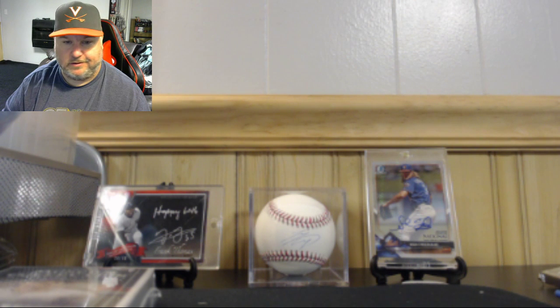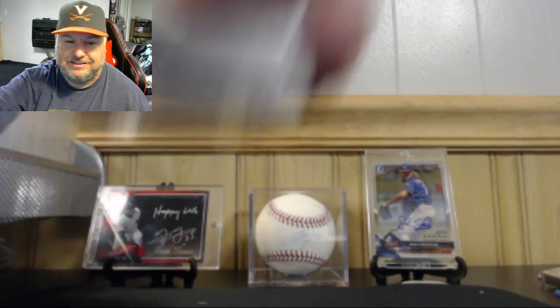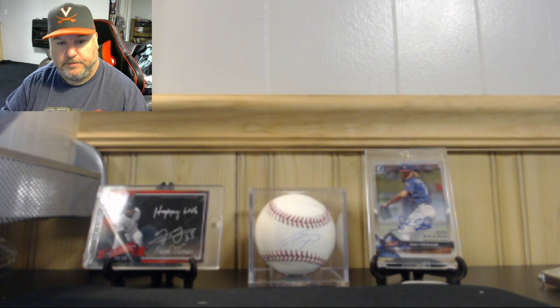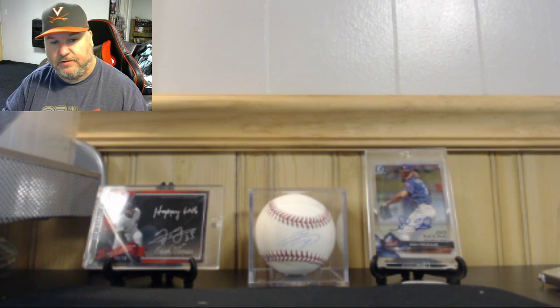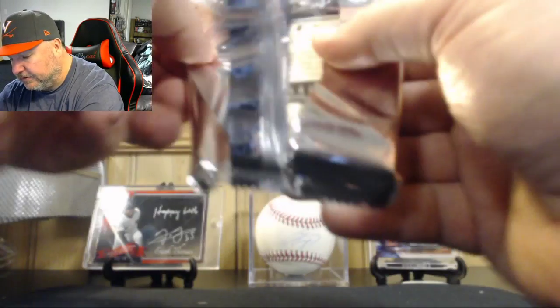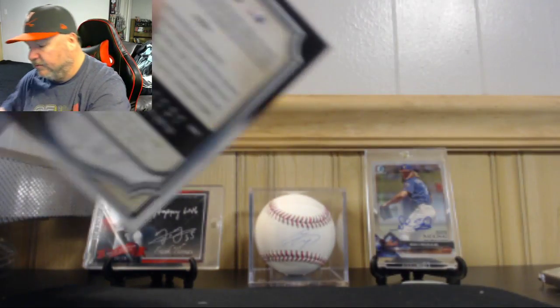So even this, I get just last pack. I might just go cry in my pillow. I'm just not doing well right now. And you know when you buy something like this, you're going to get some hits, but you kind of wish. I know not all of them could be a Hank Aaron out of 5, but man, I just like to get a next tier. I mean, Severiano is not too bad, but